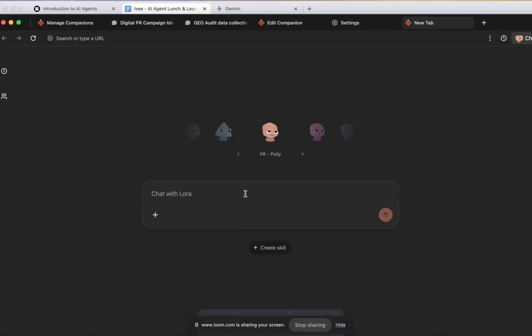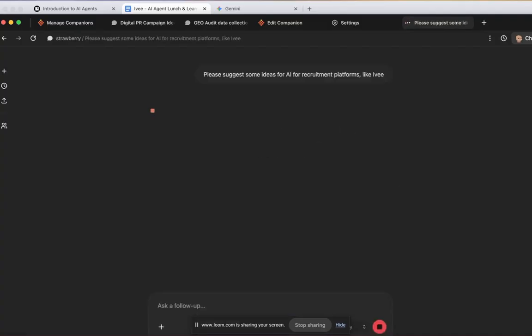So for example, I'm going to then say, please suggest some ideas for AI for recruitment platforms like Ivy. I have not done this previously, so I've got no idea what this is going to come back with. Should have done research.